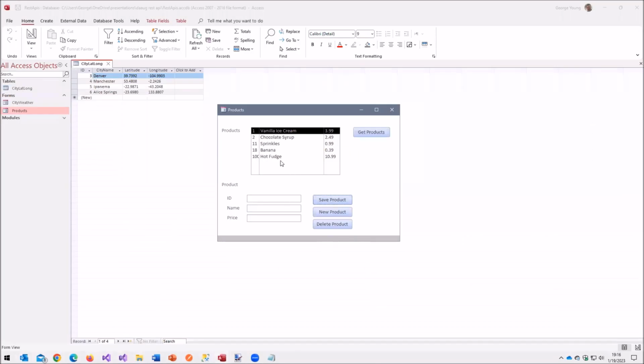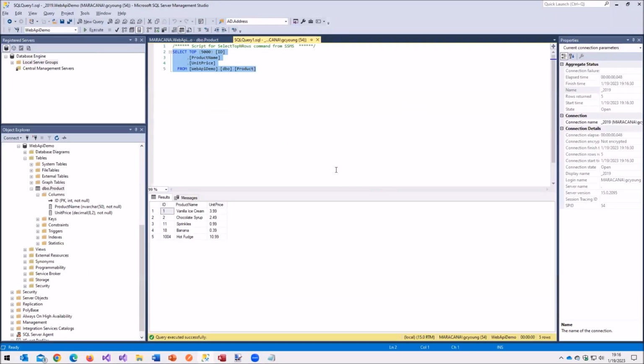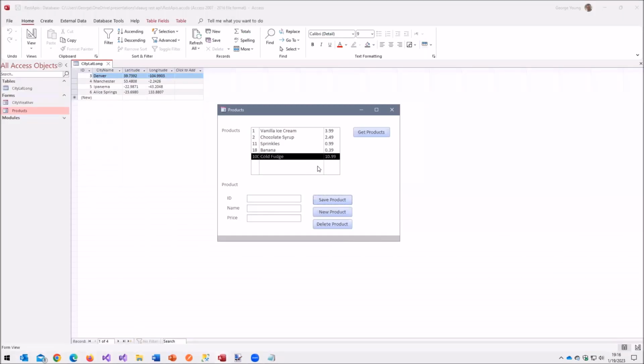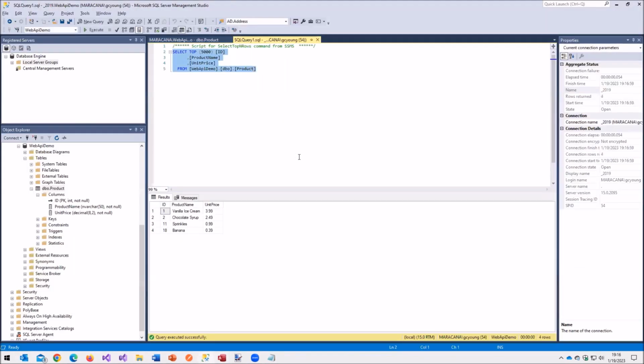Again, we can select it, and we can say cold fudge, and over here F5, cold fudge, and we can decide we didn't want it, and we can delete it. And I need to select it. There it is. Now it shows up down here. Now delete, and it's gone. And if we come over here, it's gone.